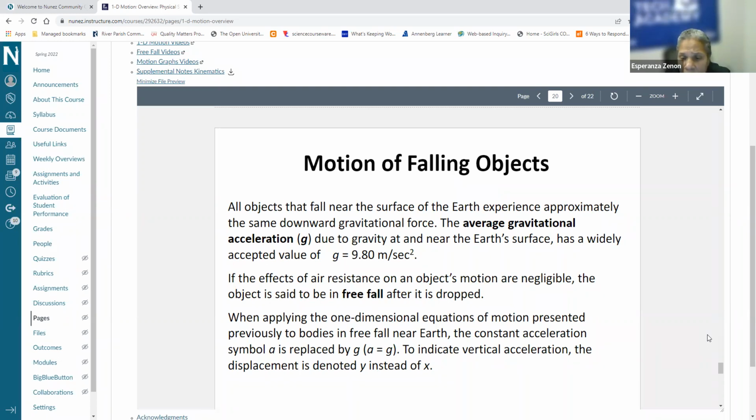Now, if you went to the moon and an object was free falling on the moon, the acceleration wouldn't be 9.8 meters per second squared. It'd be about 1.7 meters per second squared. Okay, so you see, because the gravity can change from one planet to the moon or whatever, when an object is free falling, you have to use the value of gravity on that planet. Okay. All right. Now, if an object is free falling,